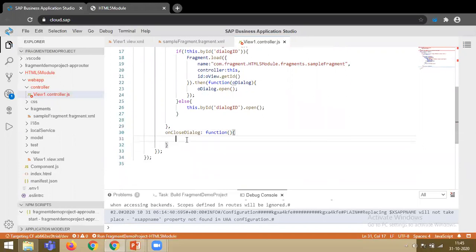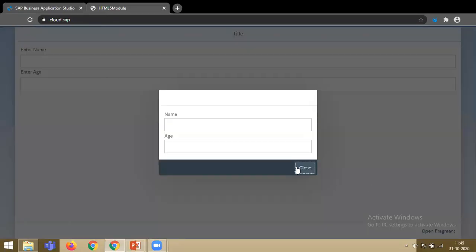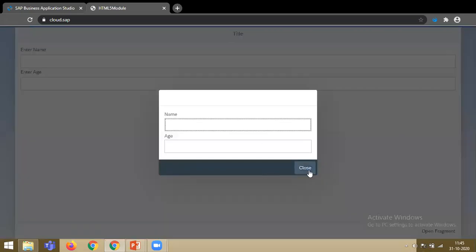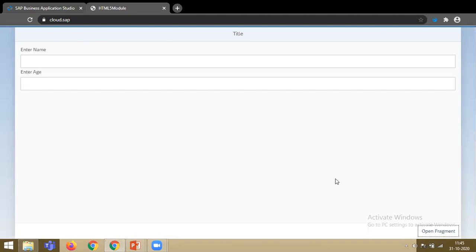So I know that this dot byId is available now, so I can simply write close. Let's check whether our fragment is closing or not. Let's open the fragment. See, now our fragment, that is our dialog, is closing.